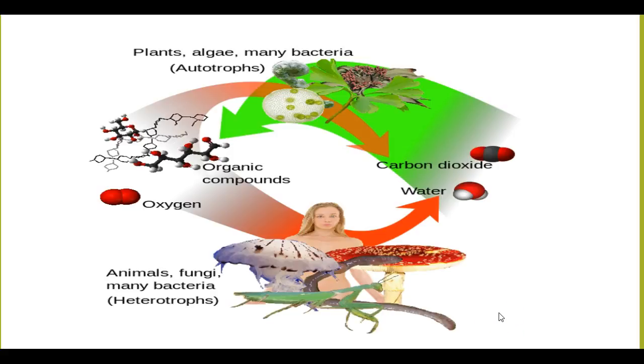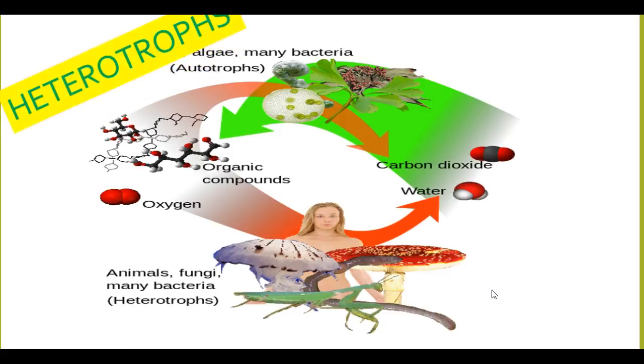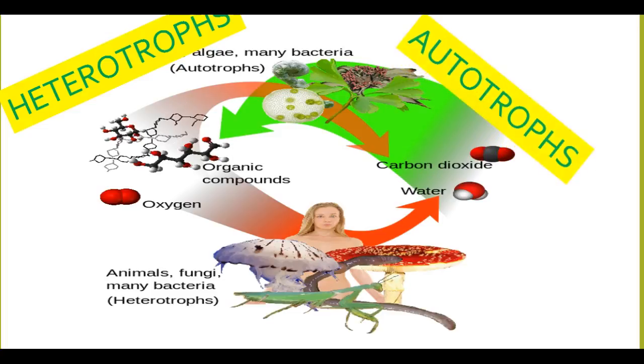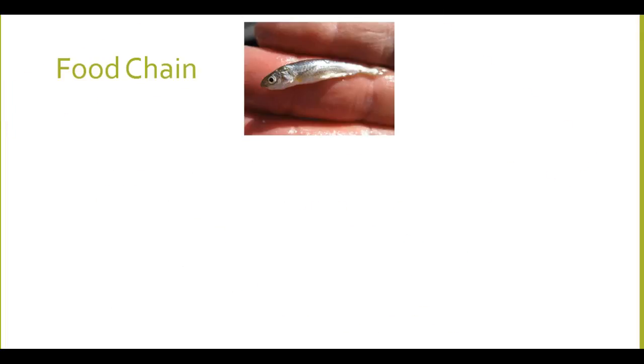So we want to classify these animals based on how they get their food. There's other words we use. For example, heterotrophs. This is a descriptive word that we use to describe creatures who get their food from other energy sources. In the same respect, organisms that produce their own food, we call them autotrophs, and our producers are in this category. Now, they don't just use sun. There are some producers in here that would use chemicals to do this also. So it's important to understand then how energy moves from one creature to the next.